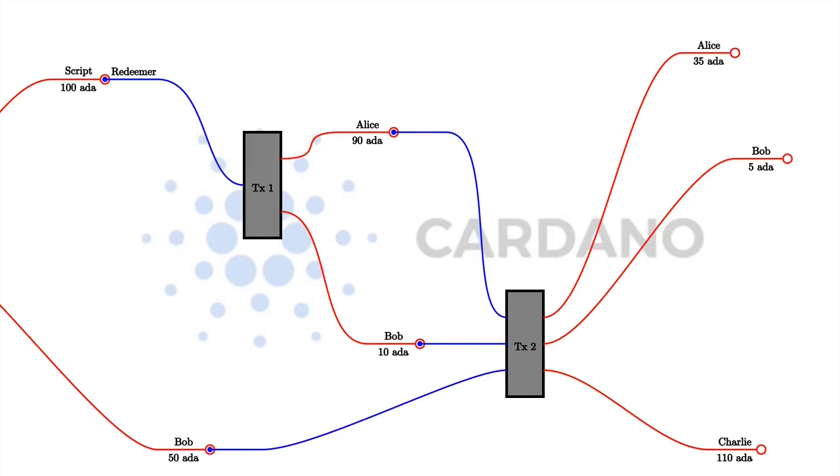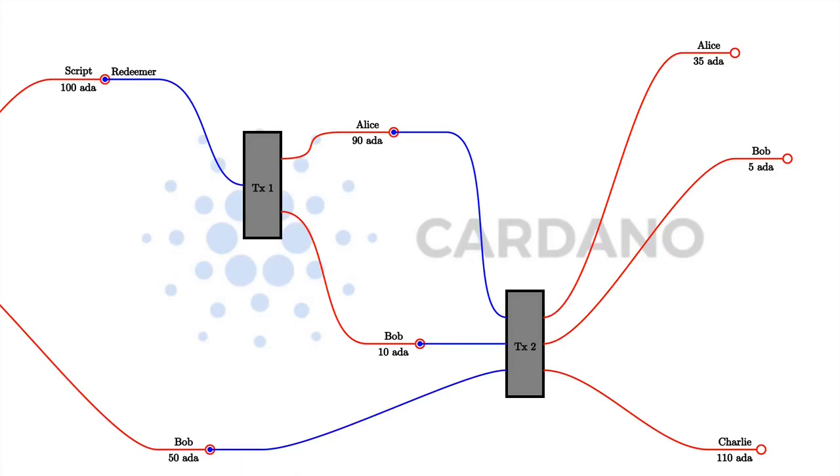Because the scripts are so powerful, it's also very difficult to predict what a given script will do. And that opens the door to all sorts of security issues and dangers, because it's very hard to predict for the developers of an Ethereum smart contract what can possibly happen, because there are so many possibilities. So what Cardano does is something in the middle. So it doesn't offer such a restricted view as Bitcoin, but also not such a global view as Ethereum, but instead chooses a middle way.